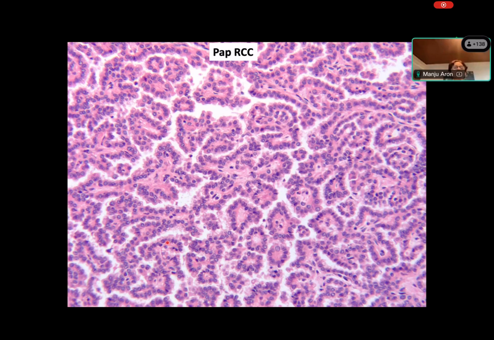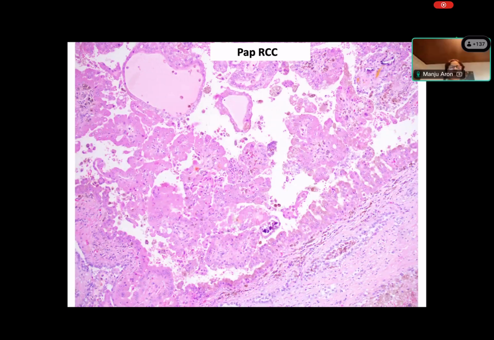Now, this is an example of papillary RCCs. Again, a very broad morphological differential diagnosis. You can have lots of different morphology in papillary renal cell carcinoma. You can have cells like this, which are more cuboidal in appearance with scant cytoplasm, almost kind of amphophilic kind of cytoplasm with hyalinized kind of stroma, or you can have macrophages within them, or you can have tumors like this, which are very different, higher grade pink tumors.